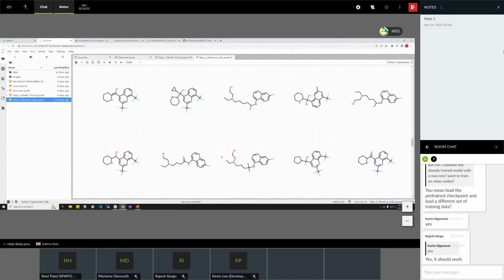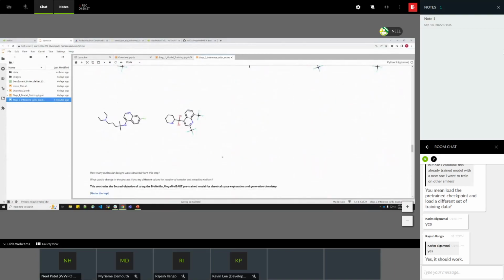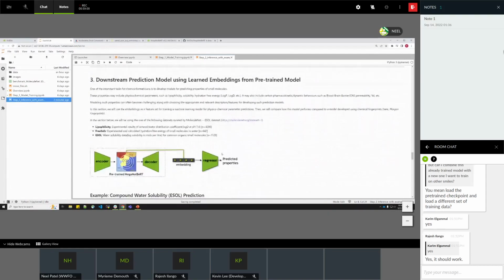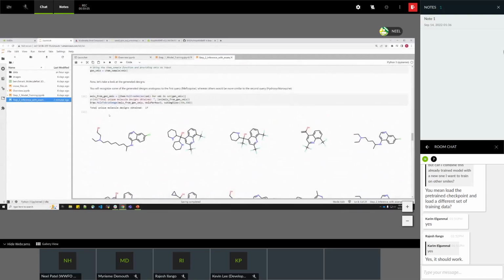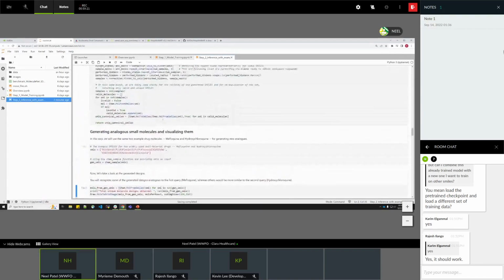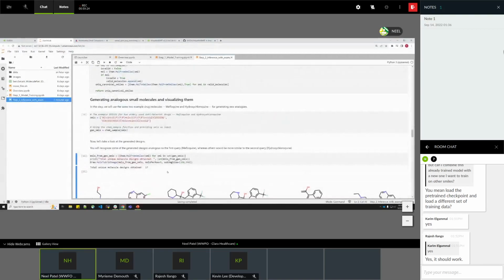So this is just sampling around those two queries. I hope everybody has obtained a certain number of designs. If you're interested, you can mention in chat how many unique molecules you obtained. Let's see what's the highest number of compounds. Obviously, this number wouldn't go beyond 40. And even though we might have generated 40 compounds, like I mentioned before, we are filtering out those duplicates in non-canonical